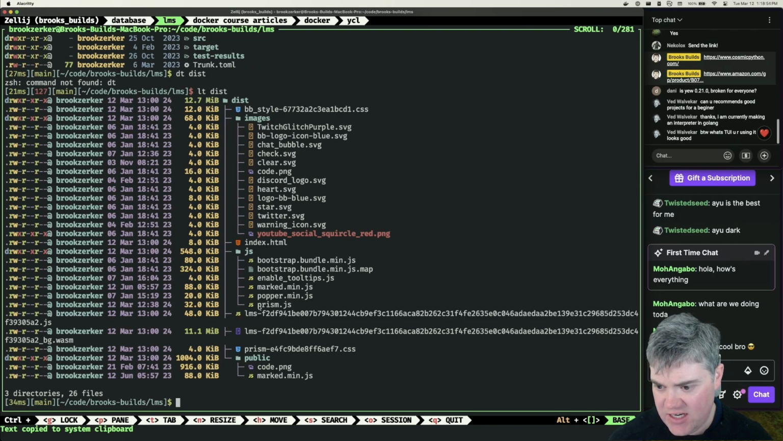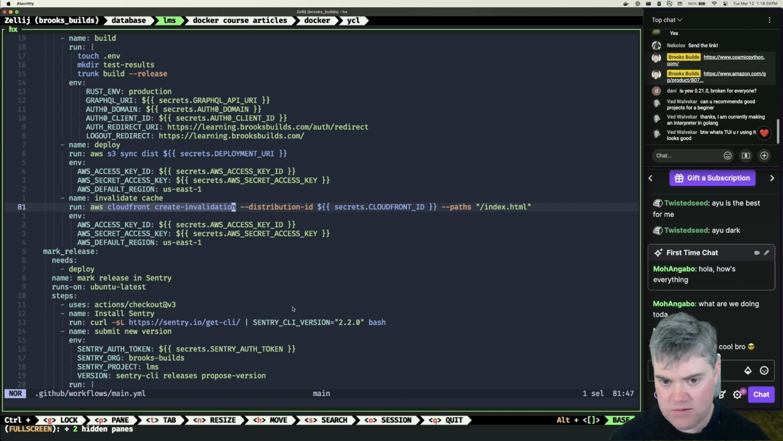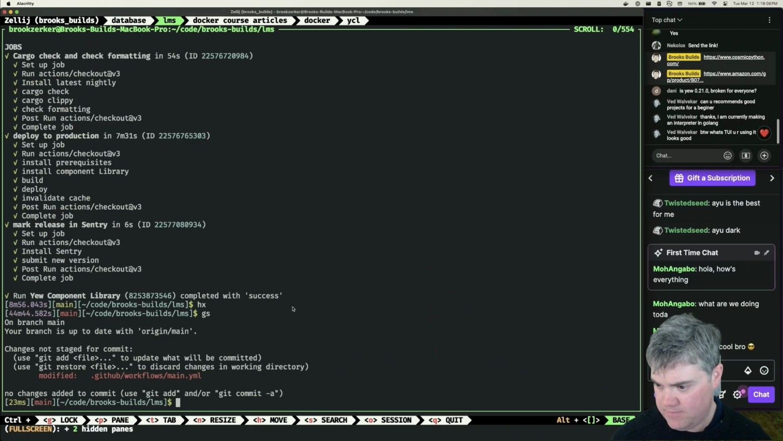So it's js/prism.js. So it's going to be js/prism.js. All right, so we are going to commit and send: updating CI/CD to also bust cache for